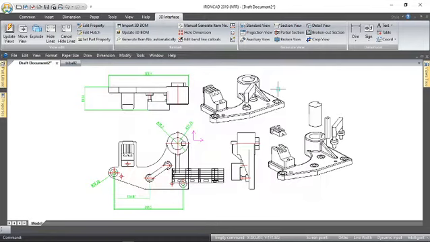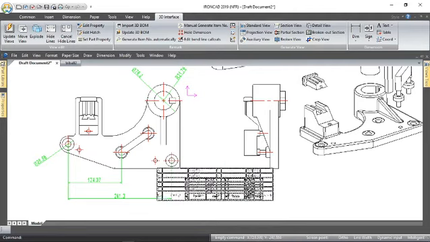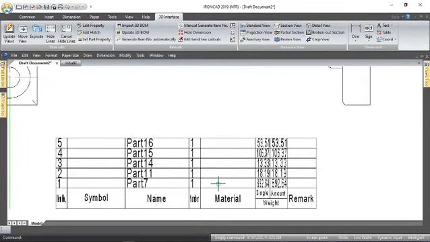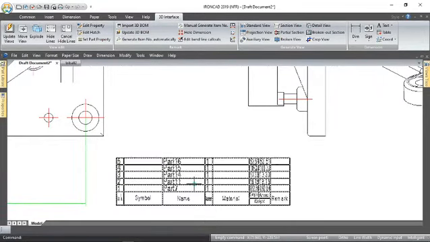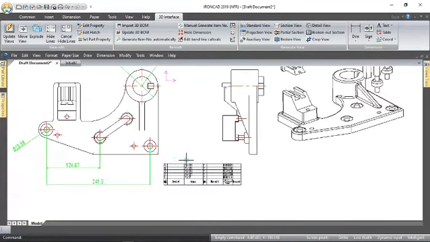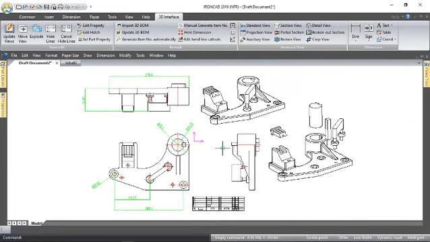So I'll just say OK to that, and I'll just zoom in a little bit. I'll pick up on here, and I'll just move that bomb somewhere away from the model. So we've actually got our parts there, 5 parts. I haven't actually bothered to put the individual names for each component in, but you can within the model. But for now, that's our bill of materials, and I need to now maybe put item number balloons around the